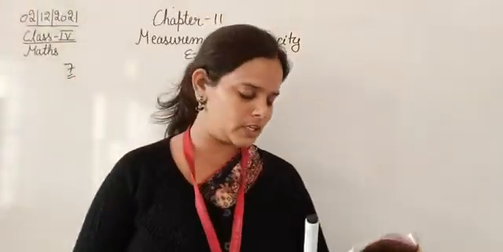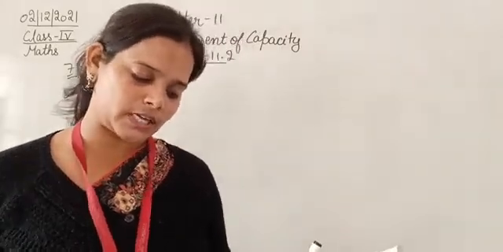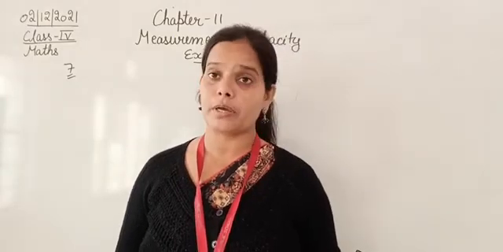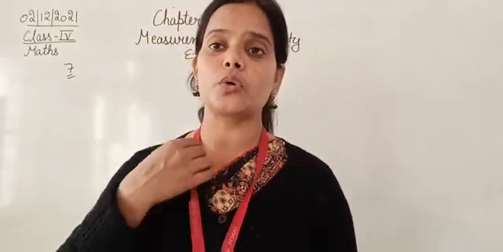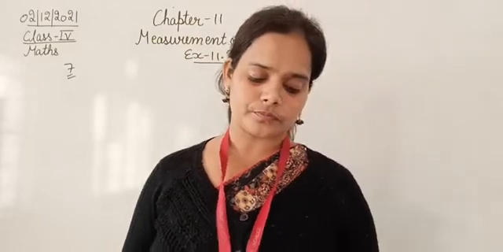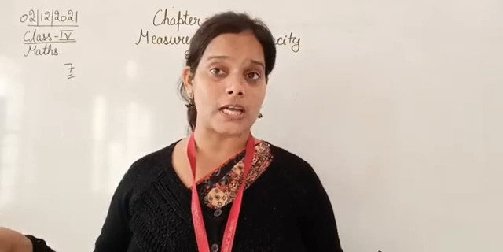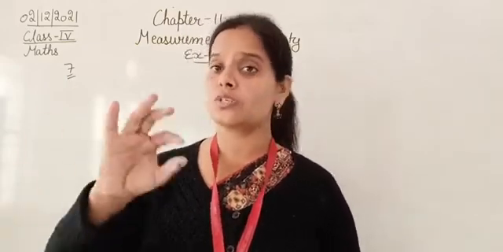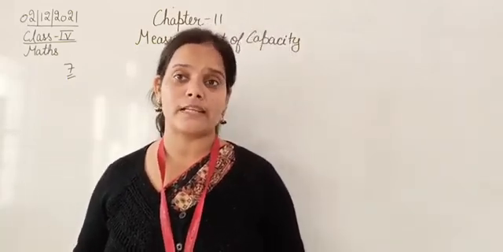Question number 7 is, Arun bought 30 liter petrol for his car. He went to see the Taj and used 3/4th of the petrol. How much petrol is left in his car? Okay, so see, the total quantity of petrol bought by Arun is 30 liter. Then he went to see the Taj Mahal, and while traveling he used 3/4 of the petrol that he had bought. Now we need to find out how much petrol is left in this car.